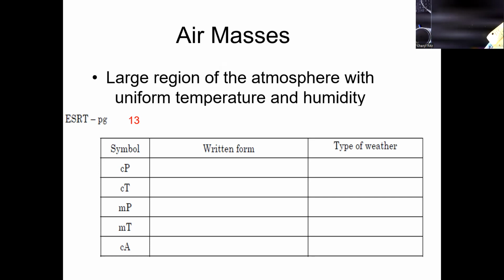Yep, so it's right there. We're on the bottom of page 13, right next to the weather symbols that we did for weather stations. For example, that first one is continental polar. Just like a lot of things in weather, they are named for where they are coming from. So if you're getting a continental polar air mass, that means it formed over the continent in a polar area.